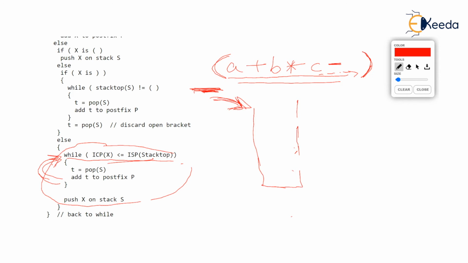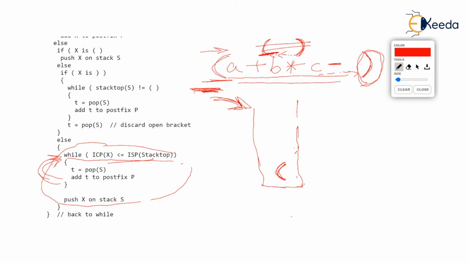Well, then what happens? I am so sorry, so poor in drawing this. Anyway. So what happens when the infix starts? Here you see this infix. The very first token we get is bracket, and bracket goes on the stack. Now, when will this open bracket get popped? It will get popped only when you get matching close bracket, isn't it? I agree there can be more open brackets in between somewhere, but there will be matching close bracket. So when you get this matching close bracket, everything will be popped till the matching open bracket.